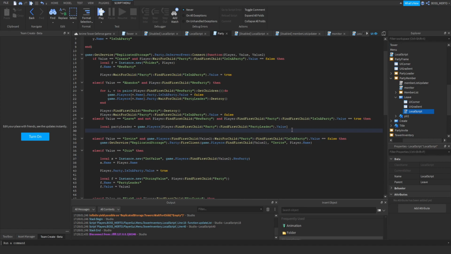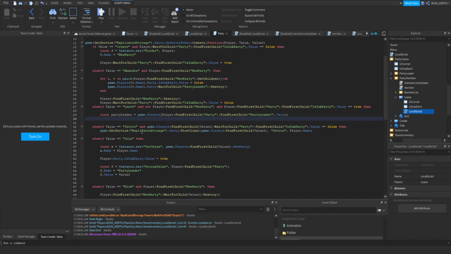And now we need to do the following. We need to remove our value from this new party folder of the party leader, and then we need to turn our isn't a party value to false, and we need to remove our party leader value. So these are the three things we want to do. So party leader, find first child, new party, find first child, player, that name,